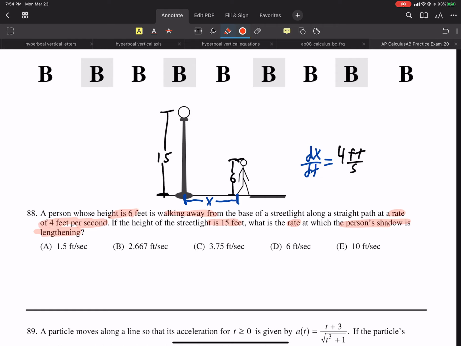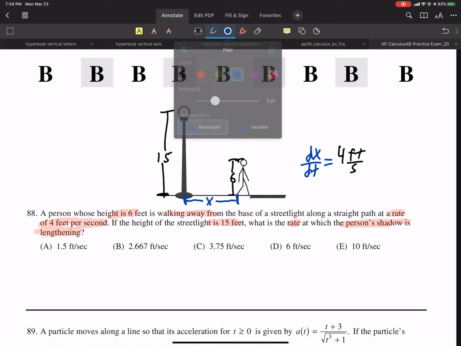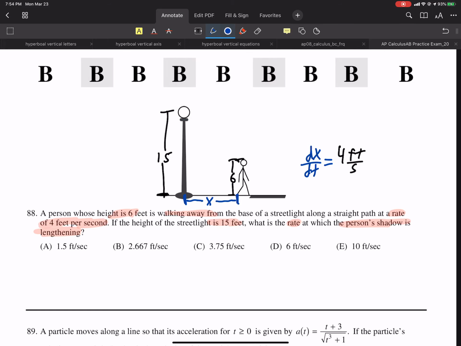So the length of the shadow, we have to give that a name. I don't want to do S because my S's look like 5s. L, I like L. L will represent the length of a shadow, so we're looking for the rate of change of L with respect